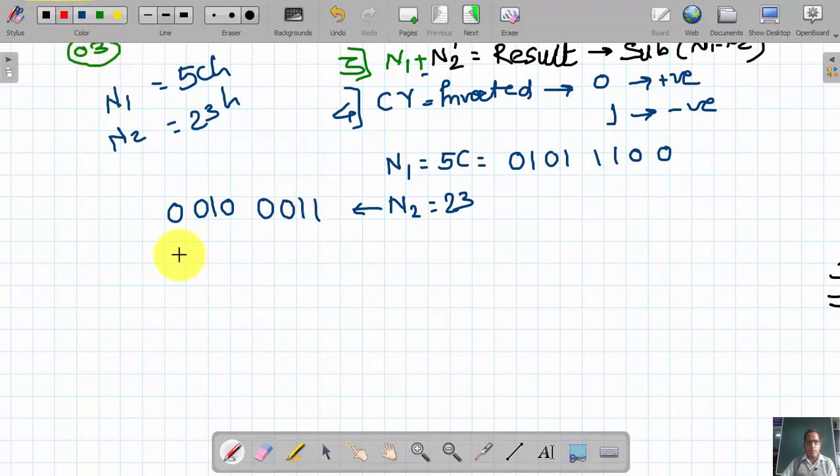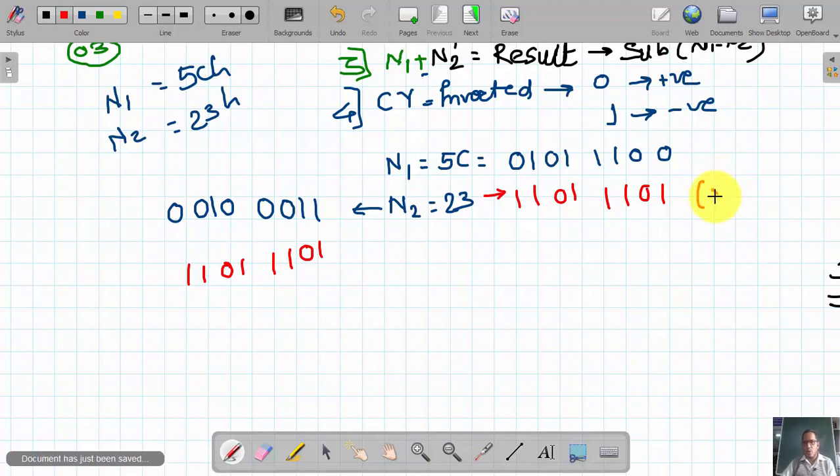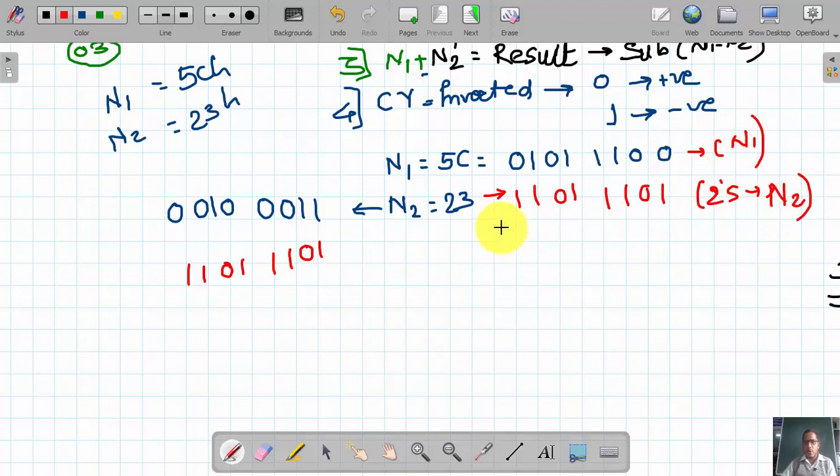Now the 2's complement of this is obtained, which is 1101 1101. So this is the 2's complement of the second number, n2, and this is my number n1. Now both are added together.